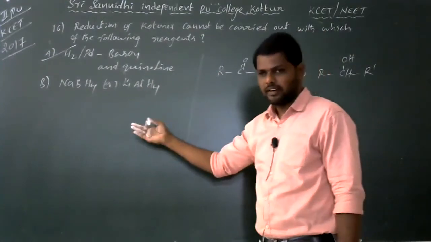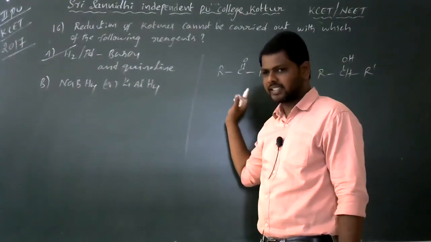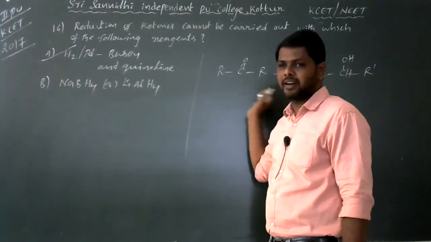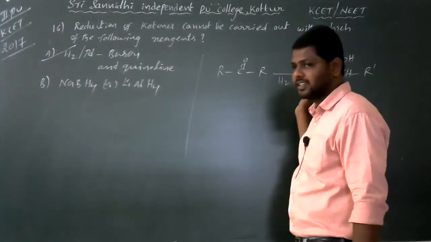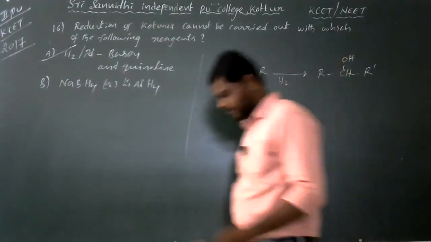Like you have to take, the primary alcohols give aldehydes. Aldehydes give primary alcohols, ketones undergo reduction to give secondary alcohols. Right. Next,